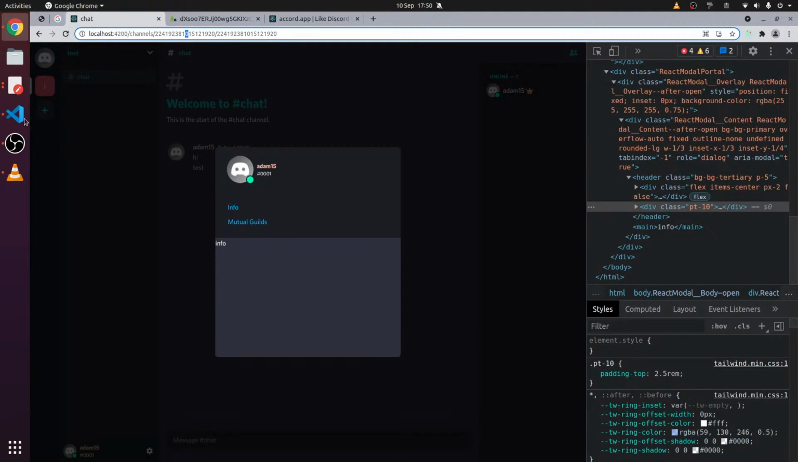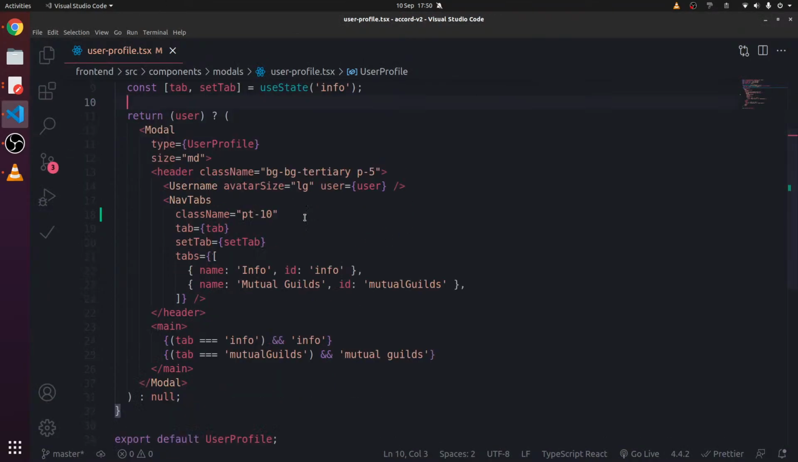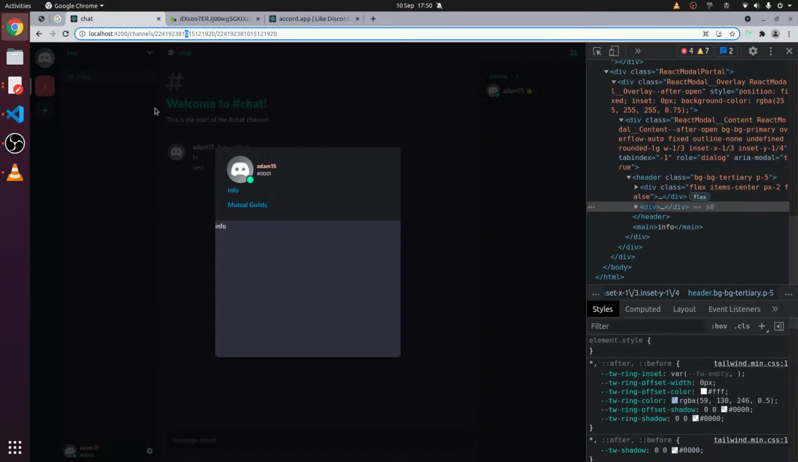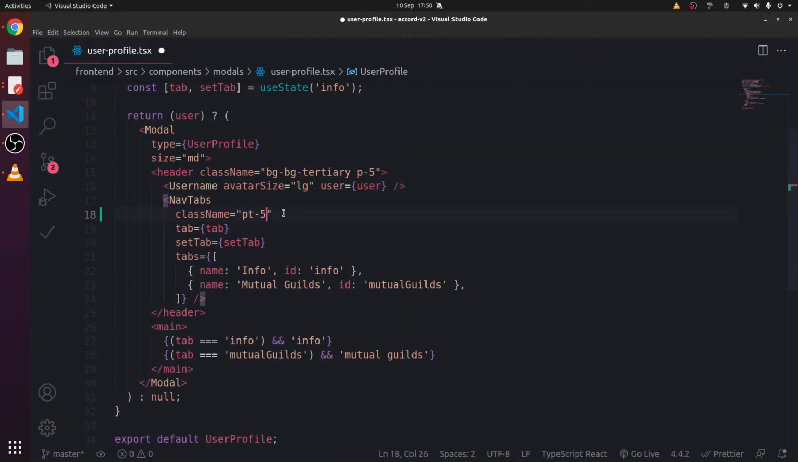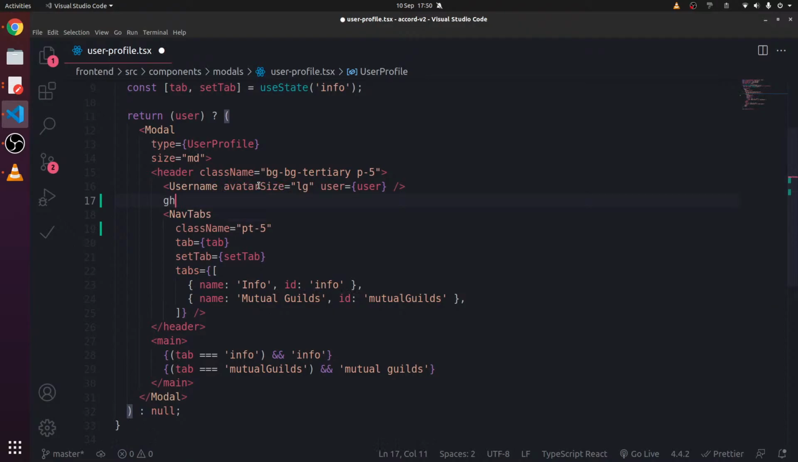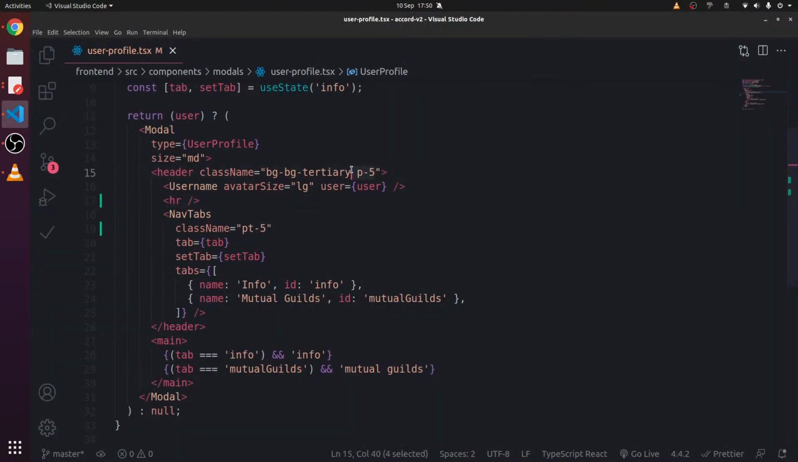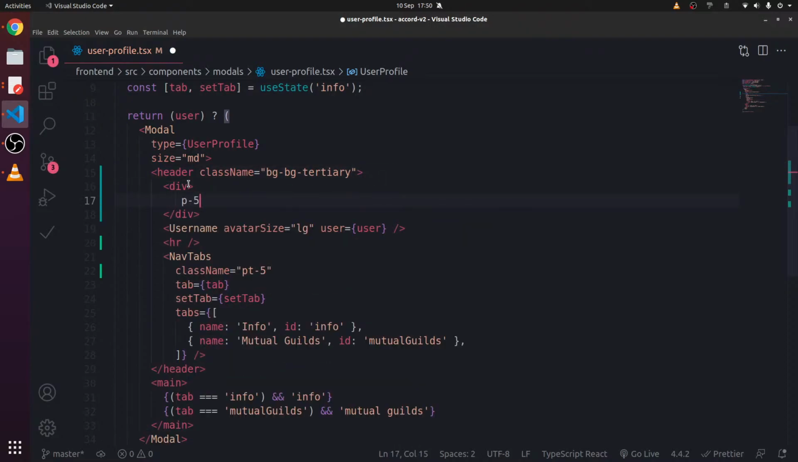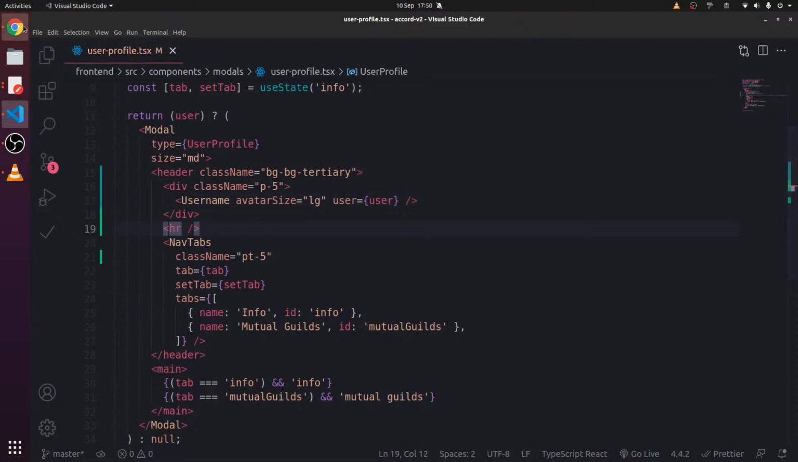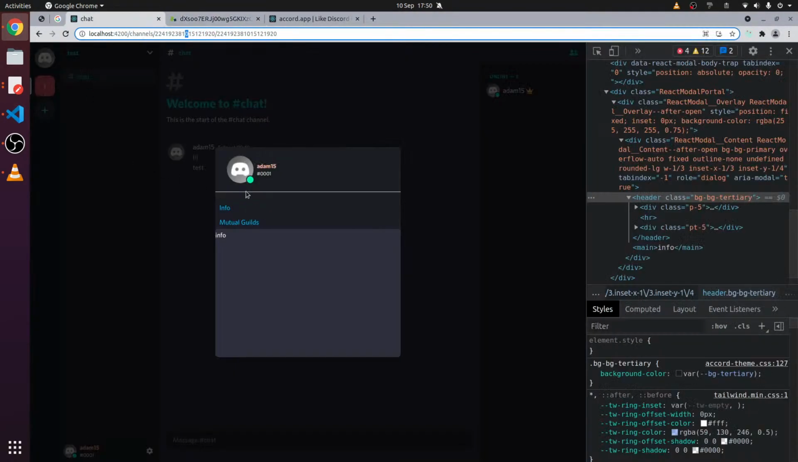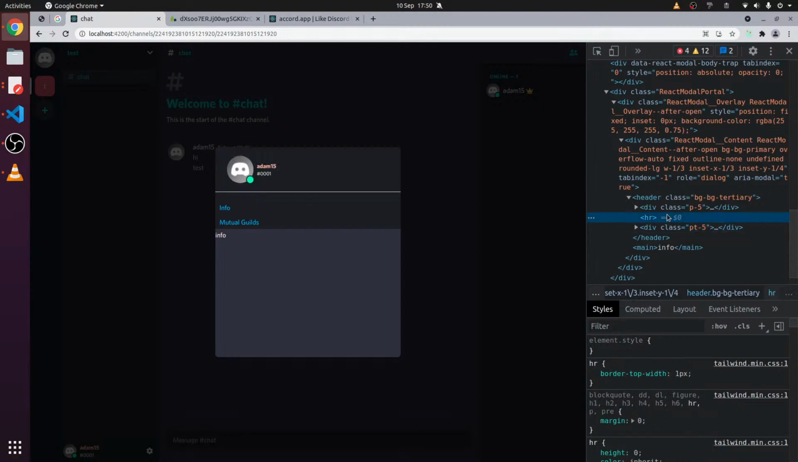Yeah, so it has like an HR thing. HR, horizontal rule. Like this. Has one of these. Yeah, but that's not a good one. So we can have div here, class P5. HR, that goes all the way, and what we can style this as is